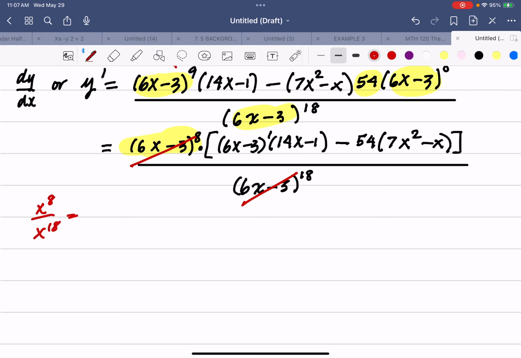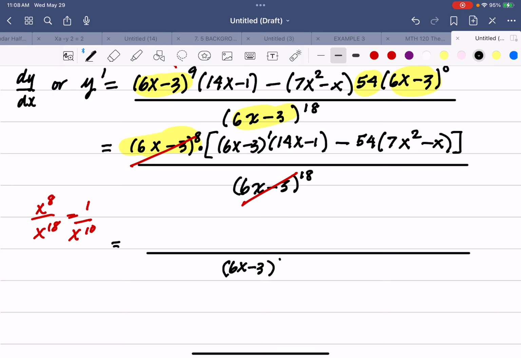You just subtract those and leave them in the bottom. So my denominator here is now just going to be (6x minus 3) to the 10th, because I've got 8 factors of 6x minus 3 in the top, 18 in the bottom. That's going to leave 10 in the bottom. Now, I'm going to need to